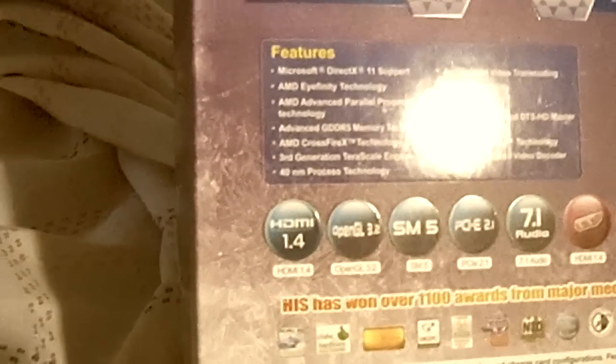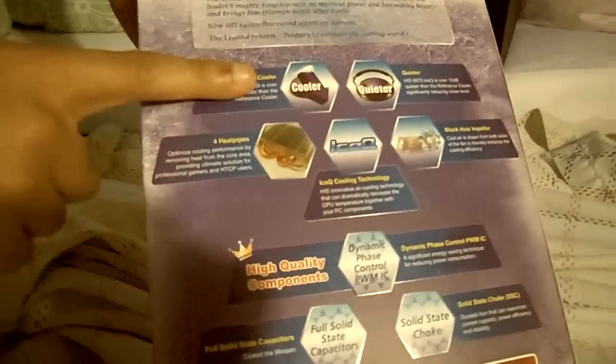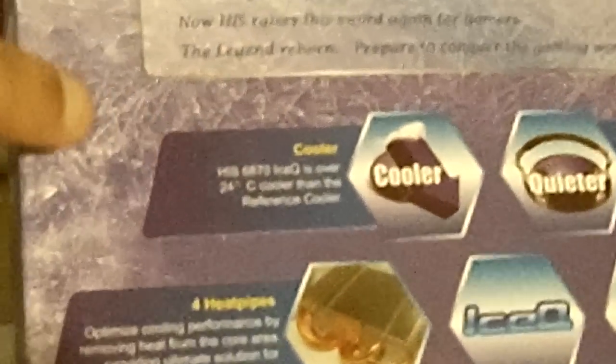And let's flip to the back here for some more information about the HIS IceQ 6870. We have a mission statement from HIS at the top here, and some more information about the specifications of the card, as well as the IceQ cooler. This is information about the IceQ cooler. It features 4 heat pipes to draw extra heat from the heat sink in a copper heat pipe configuration that lies directly on the GPU and absorbs heat faster than a traditional heat sink. As stated on the front, the IceQ cooler is 24 degrees Celsius cooler than the reference AMD cooler, as well